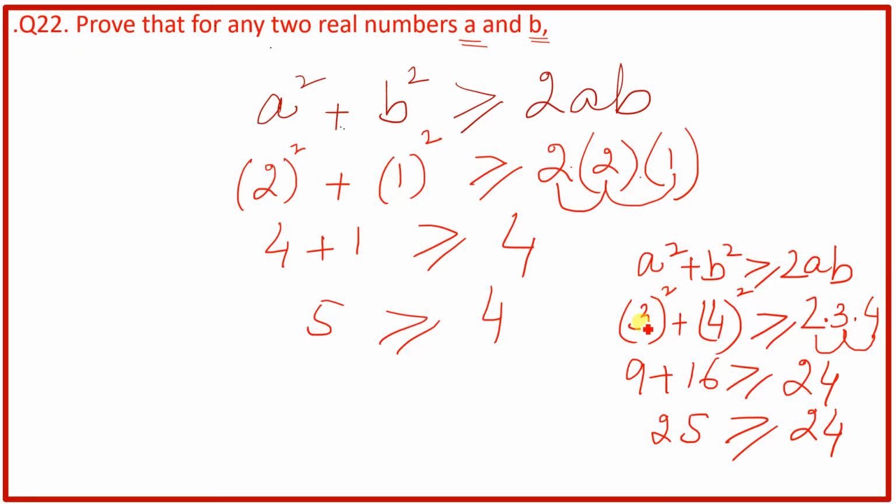One thing here I have to show you. If someone asks you, 3 square means you have 3 two times, 3 times 3 is 9. It does not mean 3 two times is 6. Do not write down 6. Same thing here, 4 square means you have 4 two times, 4 into 4, which is 16. You cannot write down 4 two times 8. It will be wrong. So it is proved.